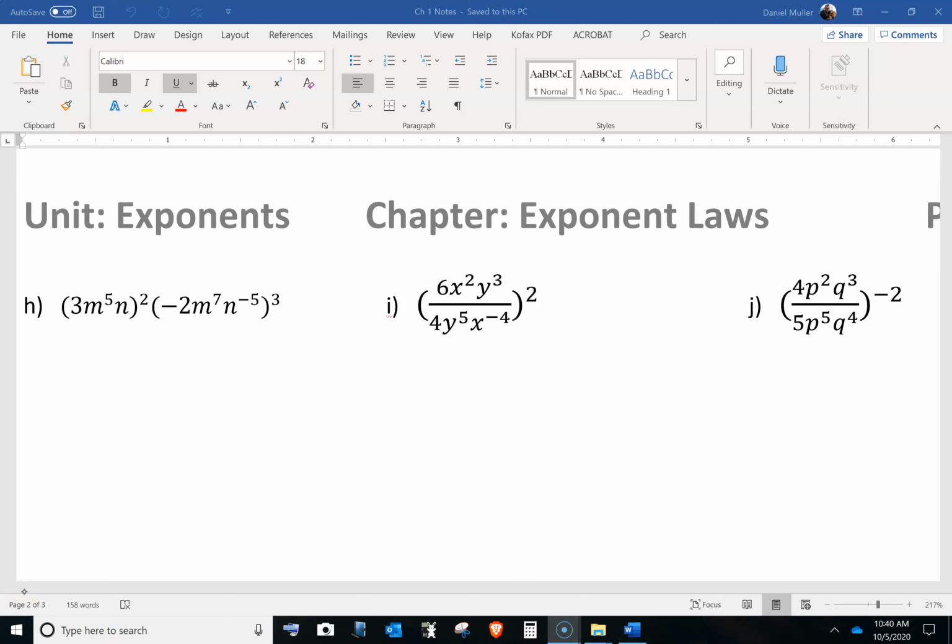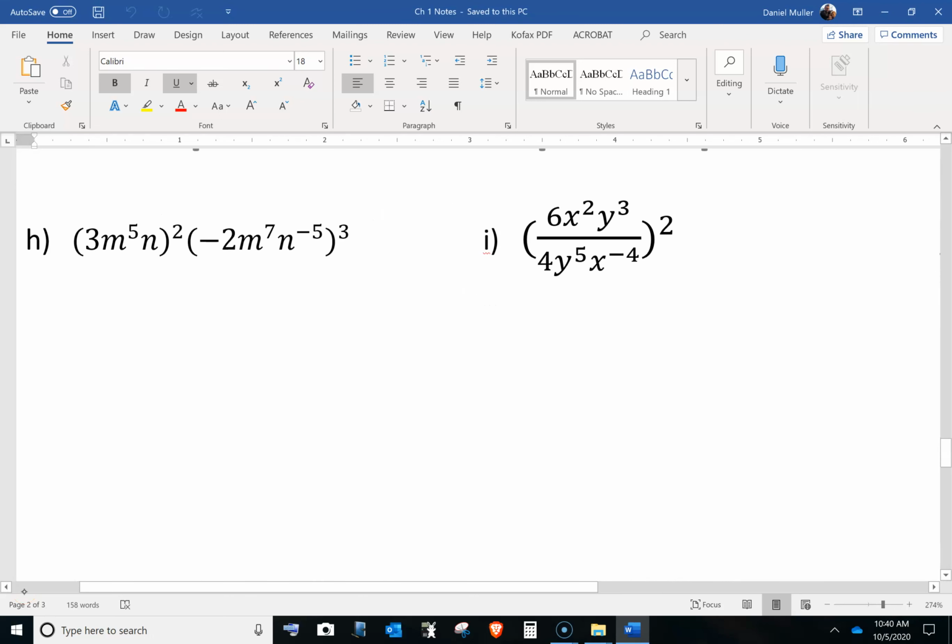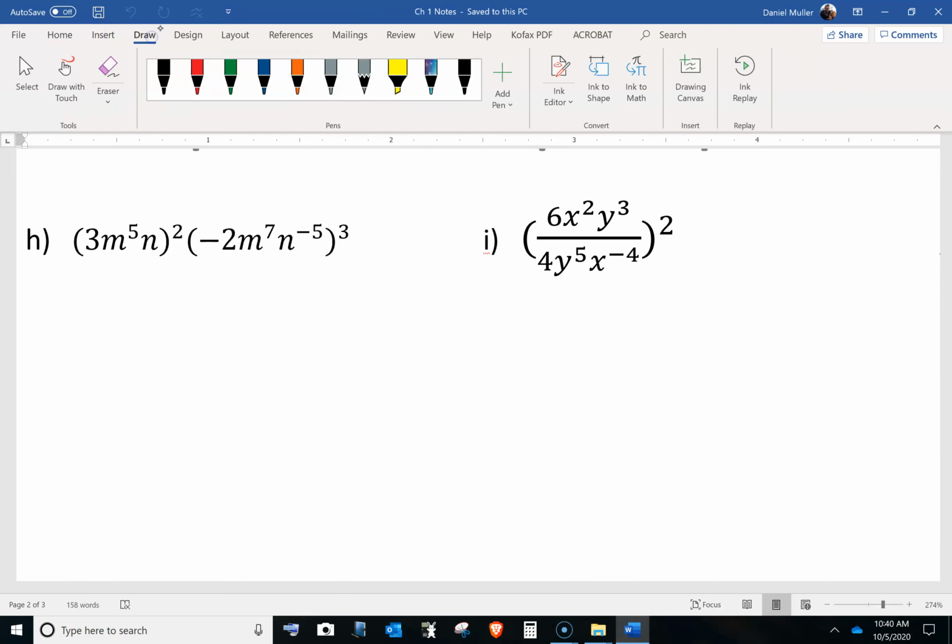Let's continue on with the next few questions. We do have a couple exponents here, and so I will take this number 2 here, and I'm going to, well, first let's write down the 3 and the n both have an exponent of 1. So when we bring this 2 and this exponent, we've got to bring them to all 3 of these, which